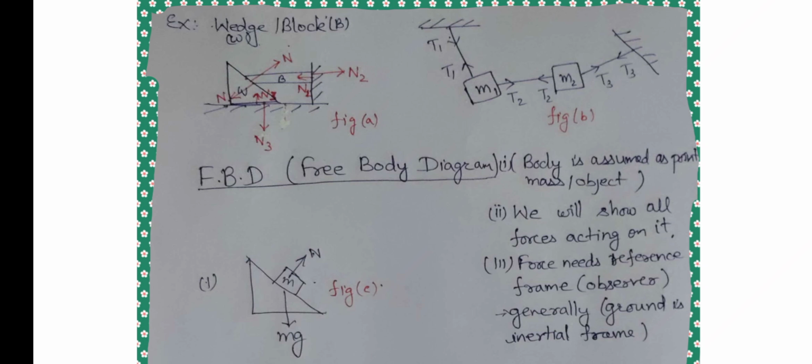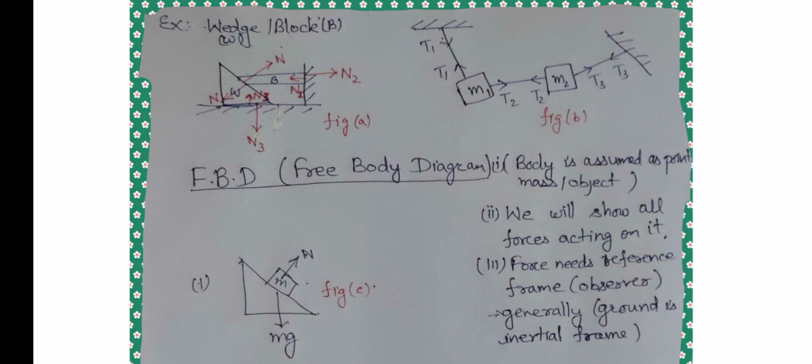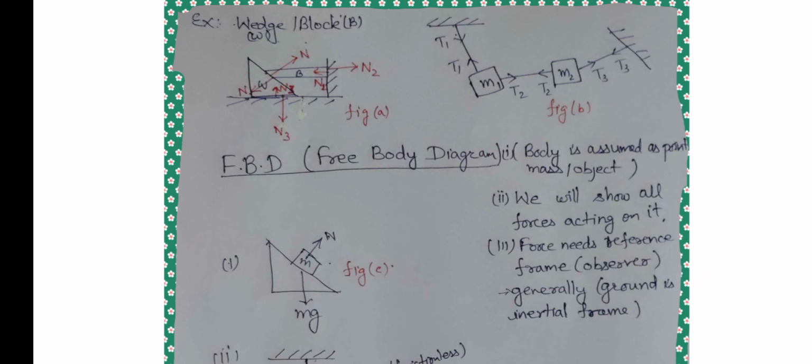Now we will discuss figure B. Here we can see two bodies of mass m1 and m2. They are fixed with two points. First of all, we will discuss m1. As we know, here is the string, so there will be tension. At the right side of M1, there will be tension T2, and we know that tension is always away from the point. So the direction is to the right side. The arrow T2 is at the right side for M1.